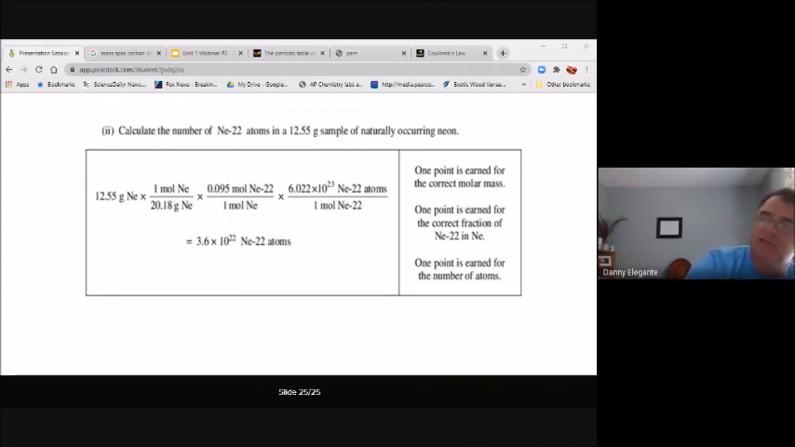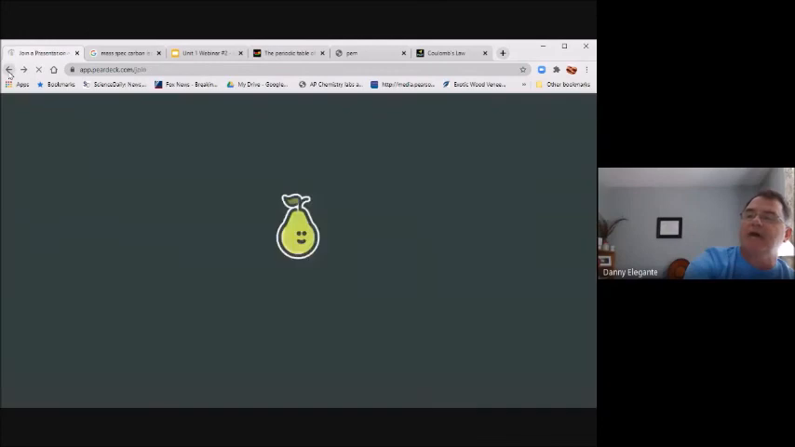But here's what I want you to notice. This is why this is a great question. This was asked just a couple years ago. You get 1 point for using the correct molar mass. So just plugging in this number and showing your work, boom, you get a point. You get 1 point for knowing that the neon 22 was 0.095. And you know that because